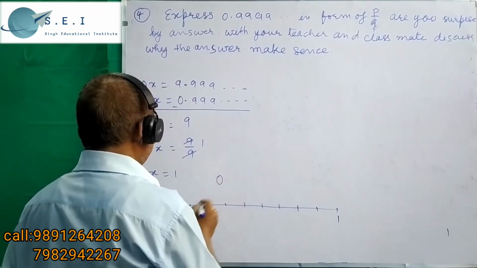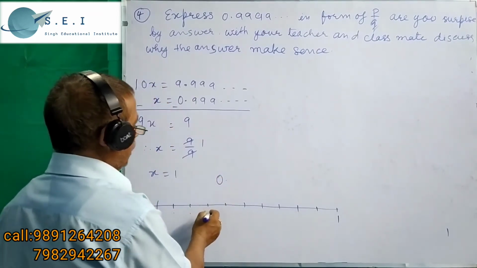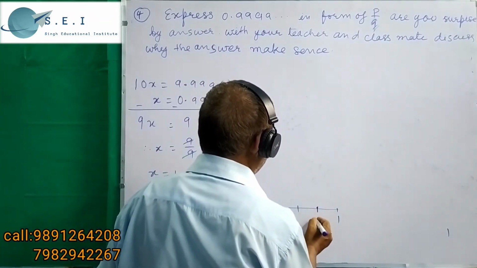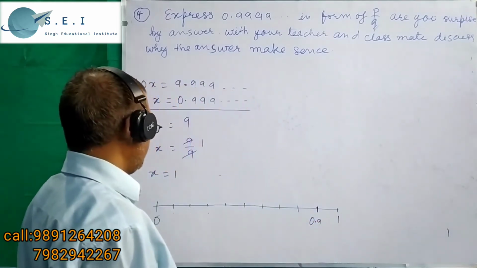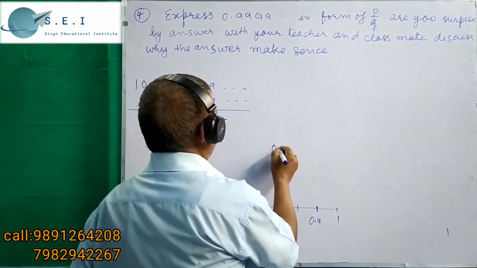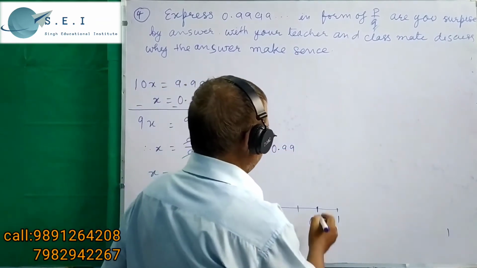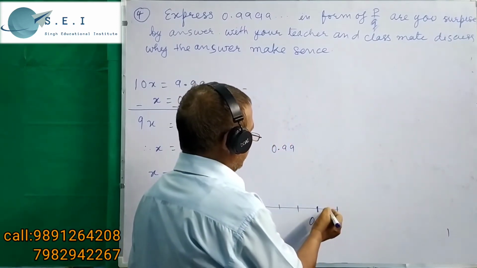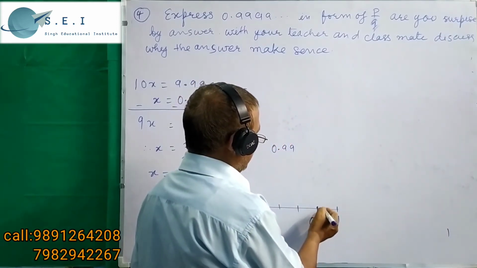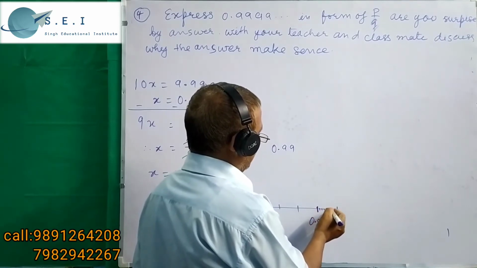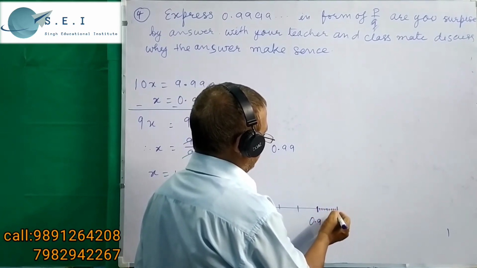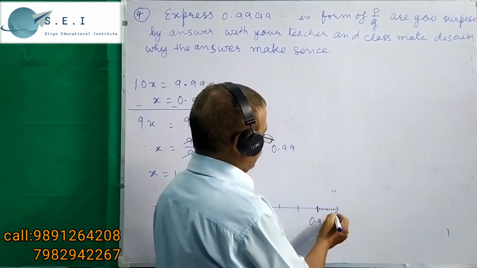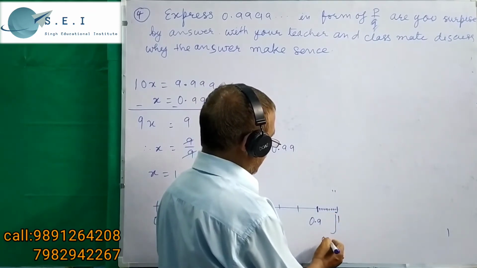0.9 on this number line. This is 0.1, 0.2, 0.3 and so on. Therefore, the ninth cut represents 0.9. If we try to find 0.99, we make 10 intervals between 0.9 and 1. Each interval represents 0.99. So here is the interval. This very small interval represents 0.99. So 0.99 is here.